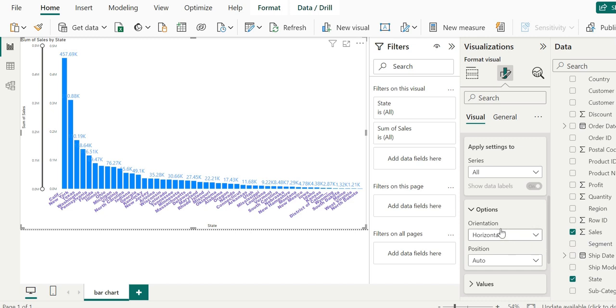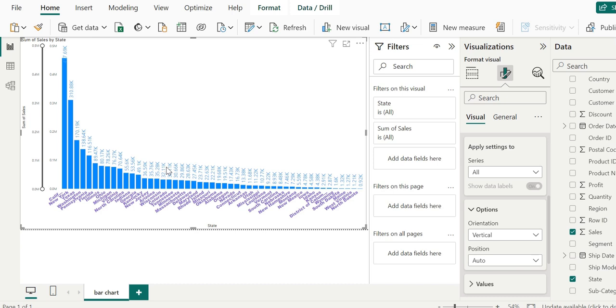Let's change the orientation of labels. There is a drop down which allows us to change between horizontal and vertical, and the default is horizontal. If we change it to vertical, we can see each label is present, which was not the case before because there was no space.